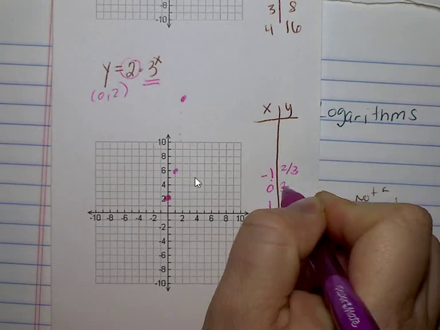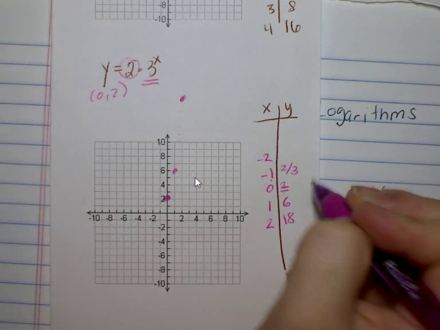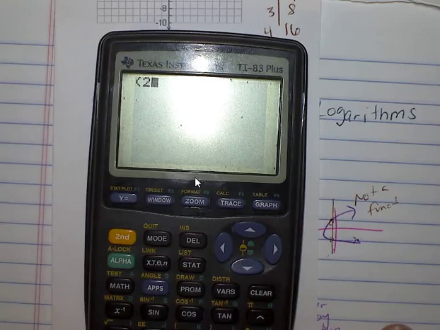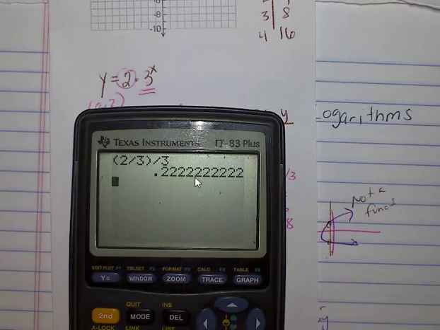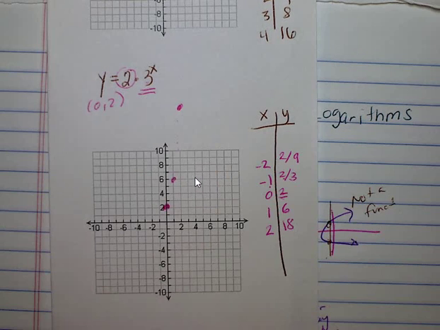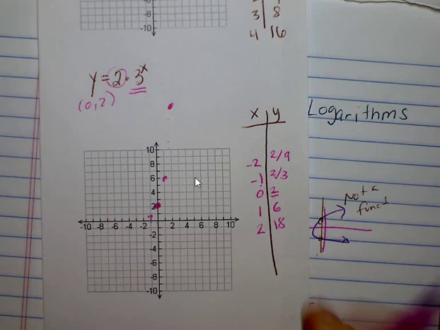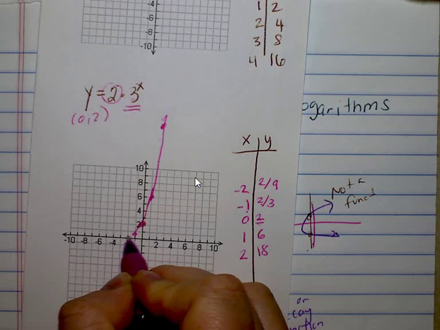And then if we wanted to do the next number, we again would take this number and divide it by 3. So if you take 2/3, put it in parentheses to make sure you have a fraction, divide it by the rate of 3, press enter, math fraction, enter, enter, and you come up with the answer of 2/9. Okay, now we're going to have to approximate when we actually graph this. So I'm going to go over to -1, up to 2/3, and I'm going to connect these points, bring it off to the left,